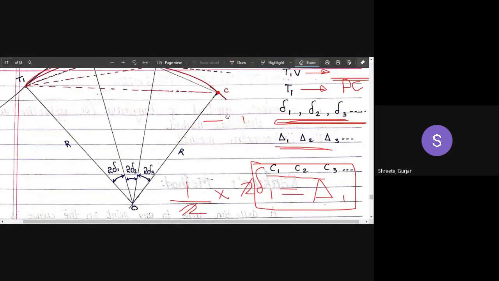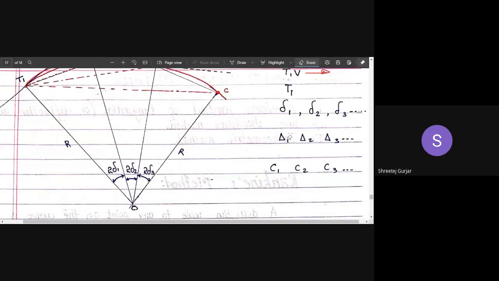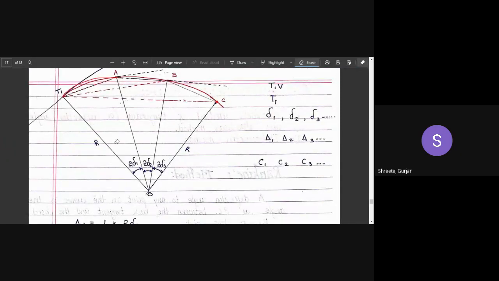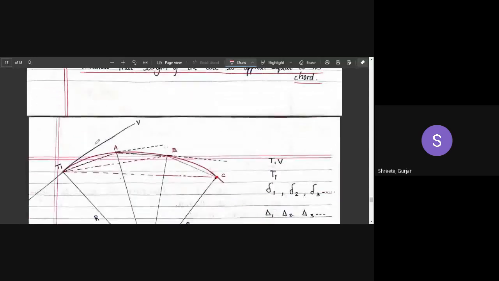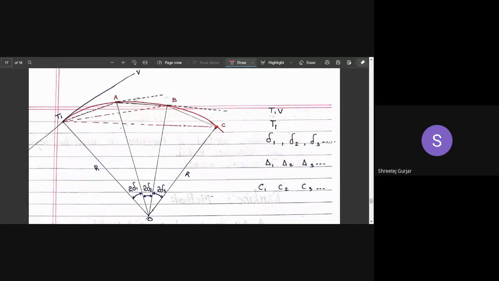Moving on to further calculations. I hope the principle and the various elements that are required are clear. One more thing we assume is that the length of the arc is approximately equal to its chord. A to B is this particular circular arc, and the chord you can see in black color that I have drawn is the straight line. So we assume this particular length and this particular length are approximately equal.